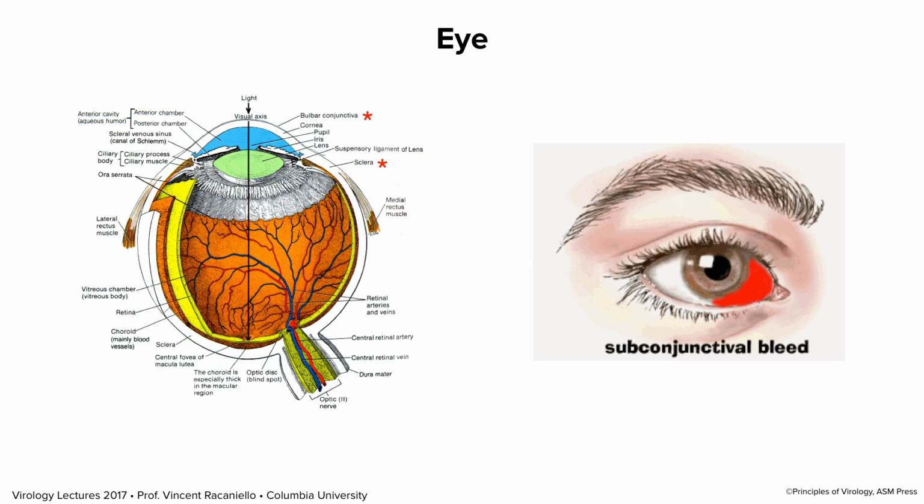Those have the red asterisk. Some viruses, like enteroviruses, do that, and they cause subconjunctival bleeding, which you may have experienced in your life. This is not harmful, just looks terrible, but it could be caused by a virus infection. As we'll see later, some viruses can cause blindness by causing problems in the cornea. And the herpes virus is a major cause of blindness globally, that does so not by infecting the cornea, but by infecting the sclera and the conjunctiva, and causing an immune reaction in the cornea that causes blindness.